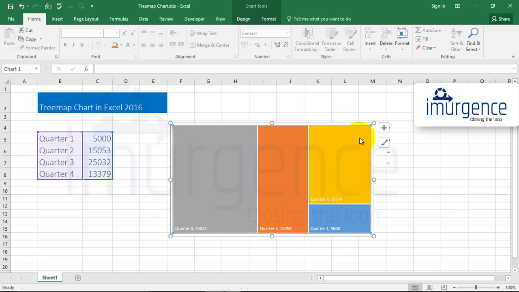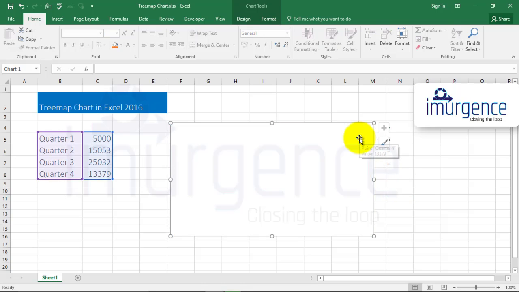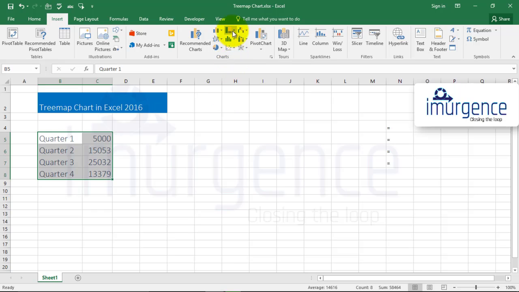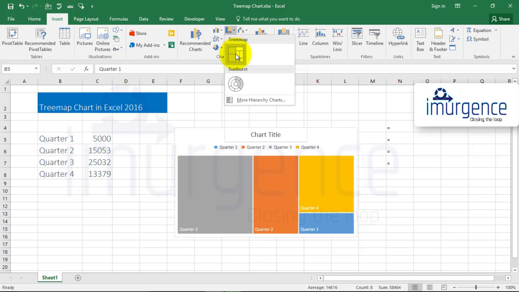So let's delete it first. Just click on the chart anywhere and press delete. Now to create this chart, select your data and click on Insert, and in this section choose Treemap chart, and